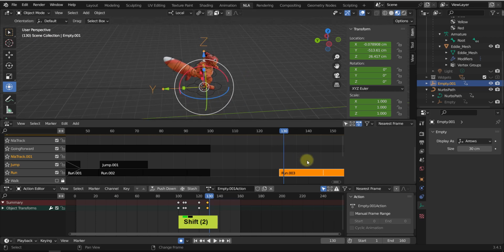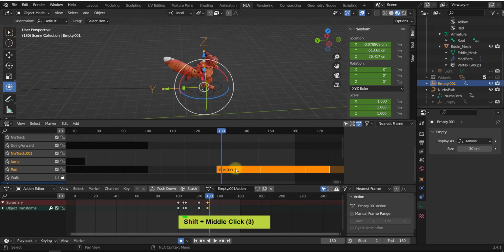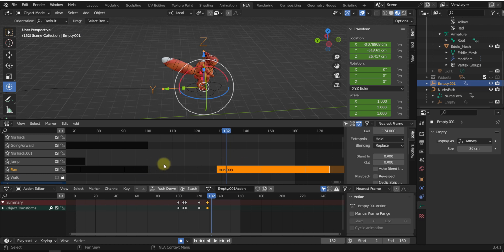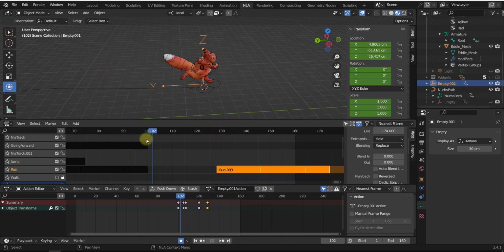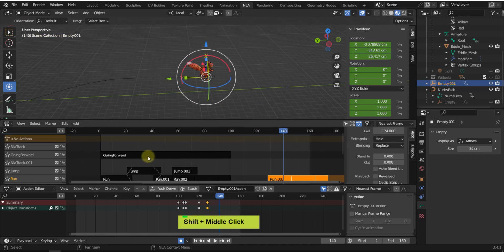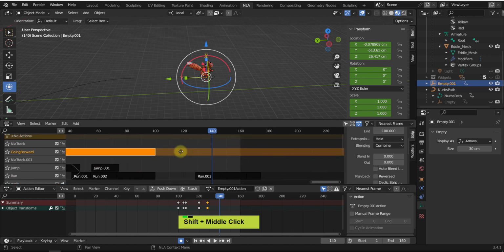And yes, we need to move it forward, and there's a blend in. We have no underlying track again because there's no idle. Ideally, you have an idle here that you can fit the legs, because right now this is how the leg is standing, and then it just starts running. But when it just starts running, then we can go back to the going forward track, for example, and hit